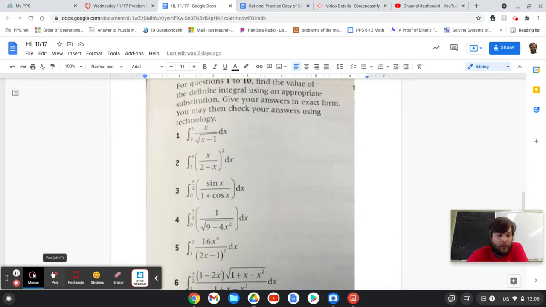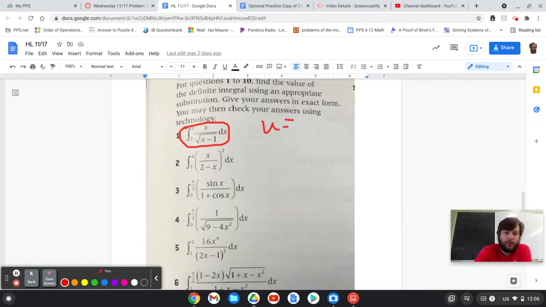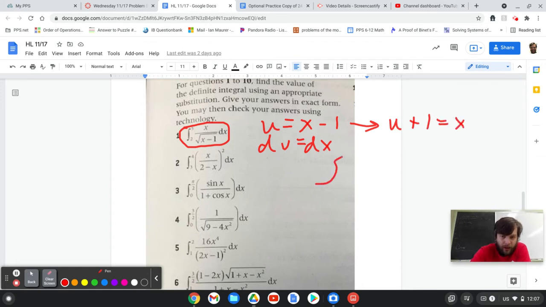If you look at problem number 1 here, it looks vaguely trig-ish, and you can set up a triangle with it. There's actually an easier substitution that you can use on this one. If you just set u equal to x minus 1, then your du is equal to dx. And the nice thing about that is you can solve the top equation for u plus 1 equals x, and then you can rewrite the entire integral as (u plus 1) over the square root of u du,